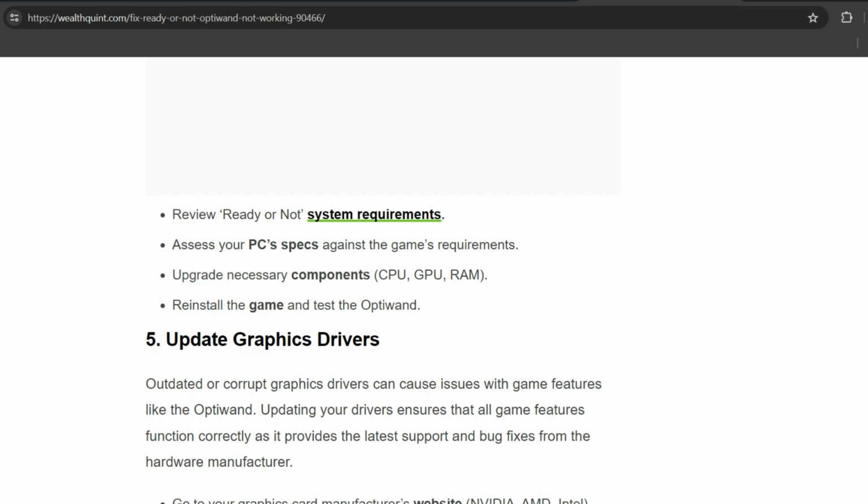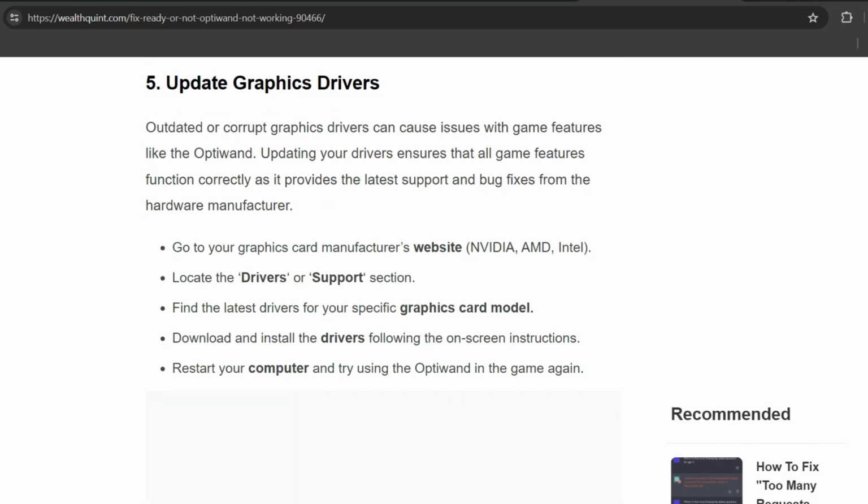Fifth solution is update graphics drivers. Outdated or corrupted graphics drivers can cause issues with game features like the OptiWand. Updating your driver ensures that all game features function correctly as it provides the latest support and bug fixes from the hardware manufacturer.